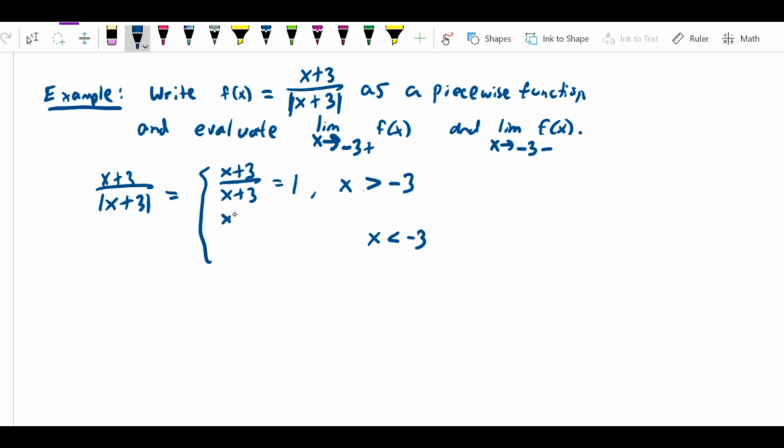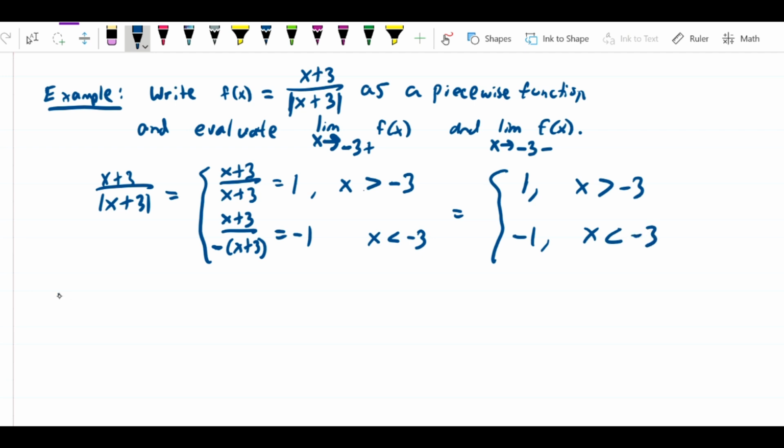then this is going to equal x plus 3 over that absolute value expression, which then becomes negative x plus 3. If I take x plus 3 over negative x plus 3, I get negative 1. So this is the analytic way to do that. What we have here is a case function that's going to be equal to 1 for x greater than negative 3 and negative 1 for x less than negative 3. So now I can write the limit